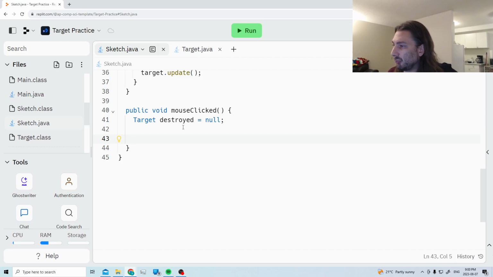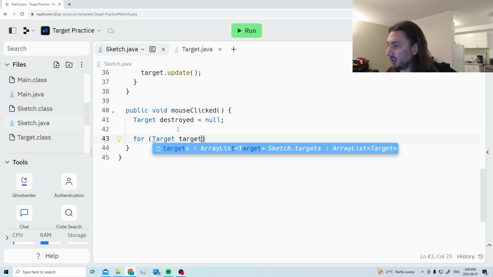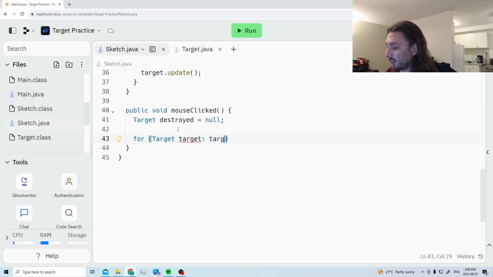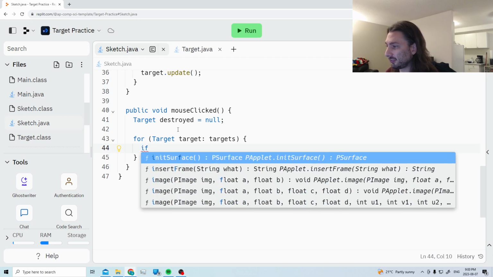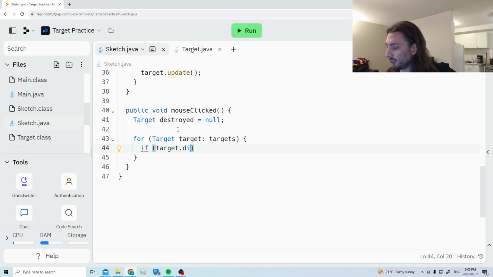So, first thing we want to do, really when we think about it, is loop through all of the targets and see if they clicked on any of them. So, that's what we're going to do. Create our loop. Loop through all the targets. And let's see, did they click on any of the targets? So, if they did click,